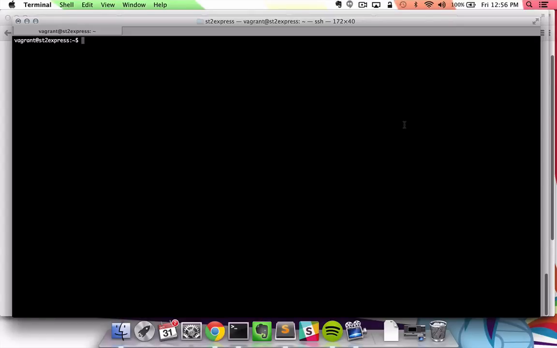Today we're going to go over the basics of using StackStorm with its command line interface. The command to access StackStorm is st2. You'll see here that we are running version 0.5.1. The st2 command does come pre-installed with every version of StackStorm, so you will have access to this from the